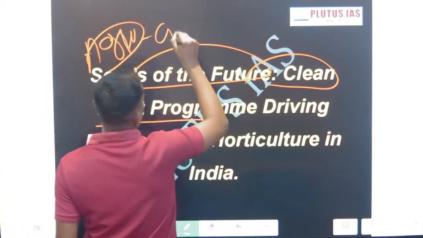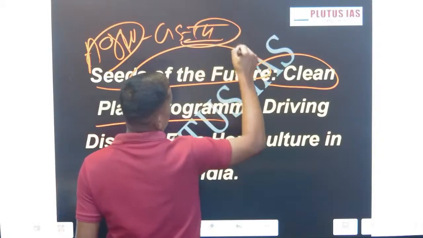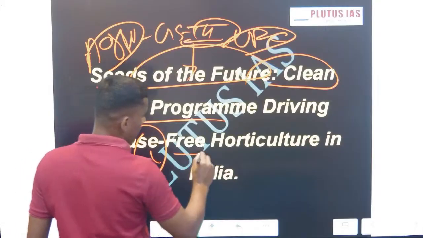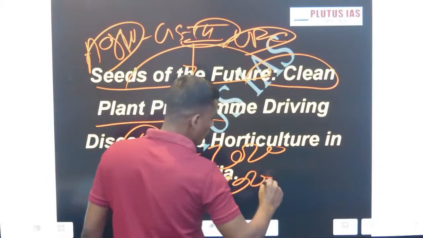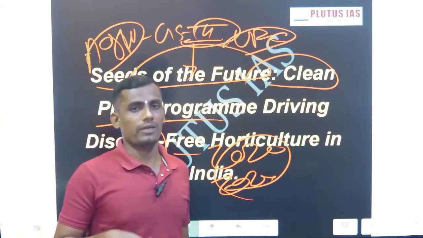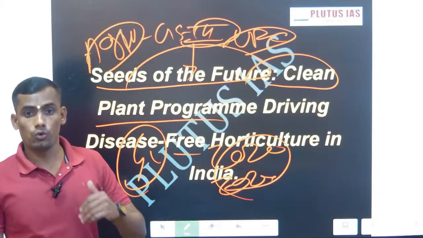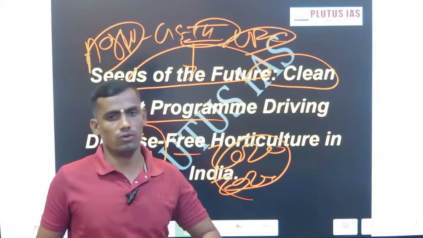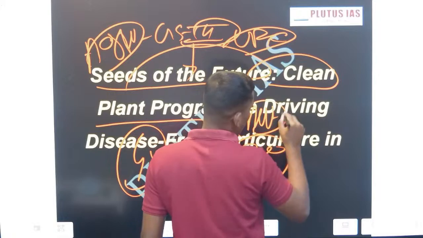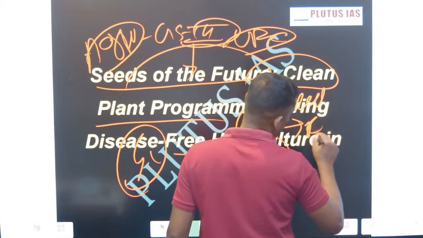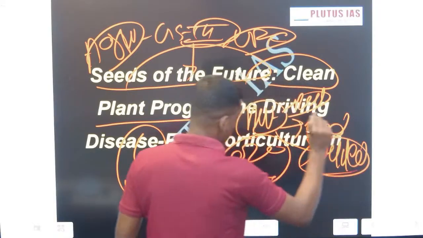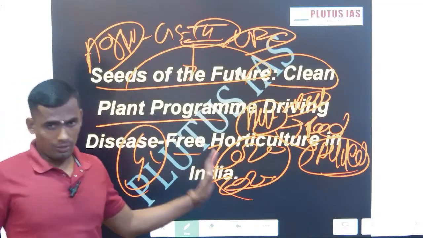And agriculture is mentioned in your GS3 syllabus of UPSC. Agriculture has 4 questions. If you see 2020, 2022, there are always 4 to 5 questions from agriculture in prelims, particularly scheme related. Best example, Rashtriya Gokul Mission, dairy sector. Agriculture includes farm and non-farm. So horticulture includes seeds, fruits, ornamental farming, food farming, and other allied sectors. These are the parts of horticulture.